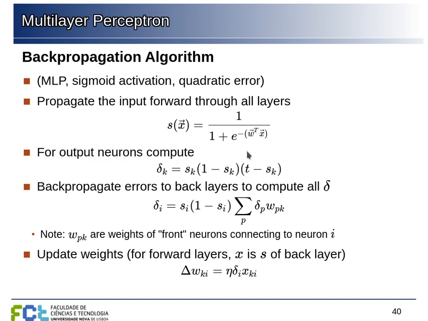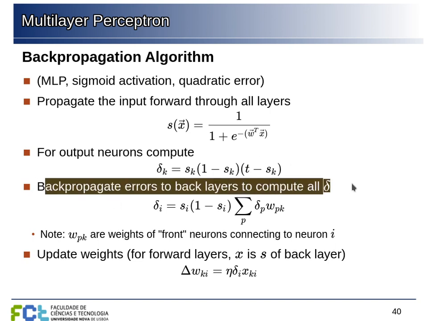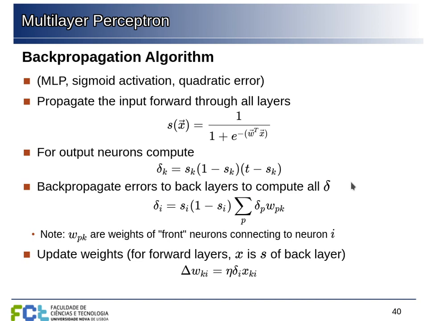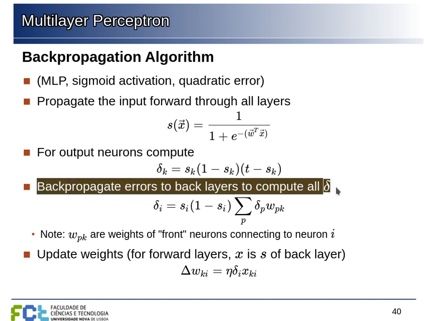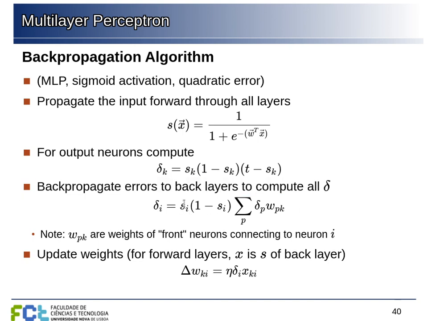We can compute the error there, and we can compute the delta for the output neurons based on the derivatives of the error function and the activation function, as we saw previously. And now we're going to do backpropagation. We have this value for the neuron on the output layer. We can go back to the neurons before that layer and propagate there by multiplying by the activations there and using the deltas in front.